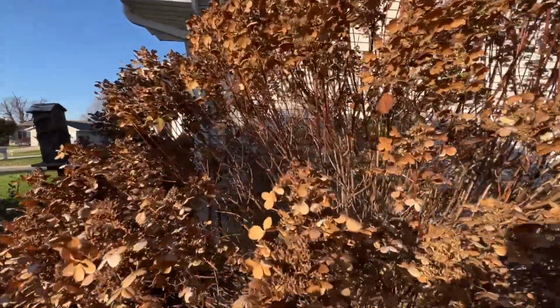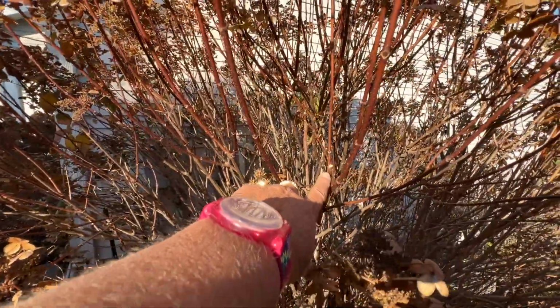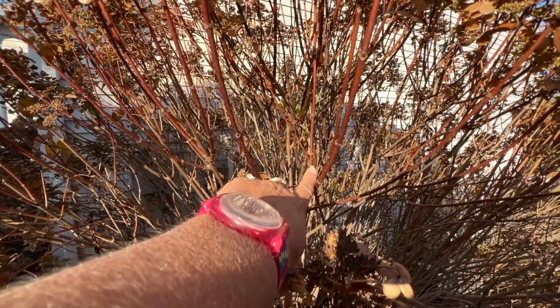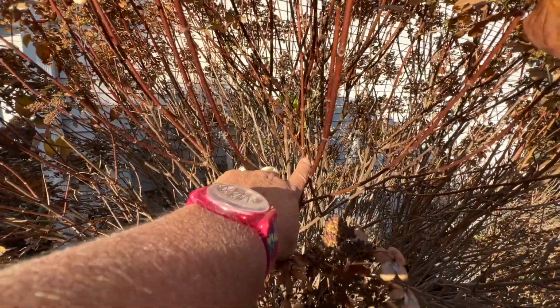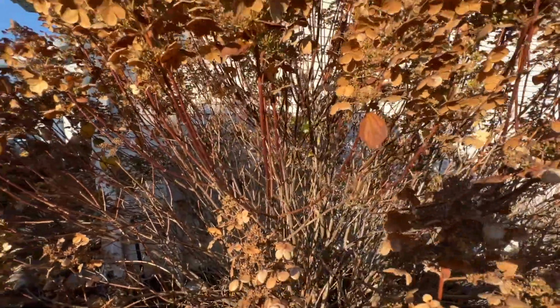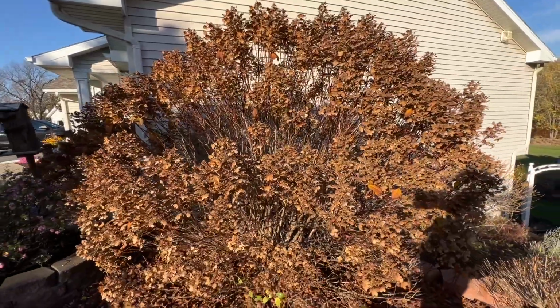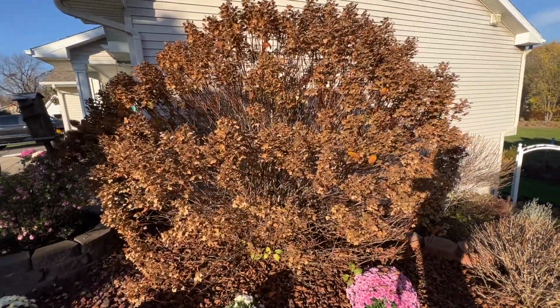we can take a look and you can see there's where it was trimmed back last year. So there's about 2 foot of growth above that. So we'll probably go down about that far again, get it down to about 4 foot or so. But this was looking great up until just a couple weeks ago, and now it's just totally tired for the